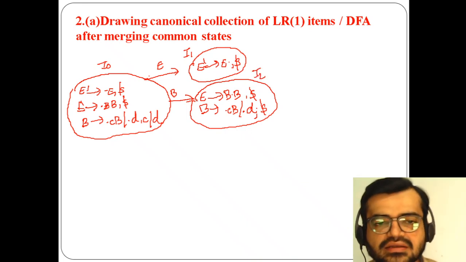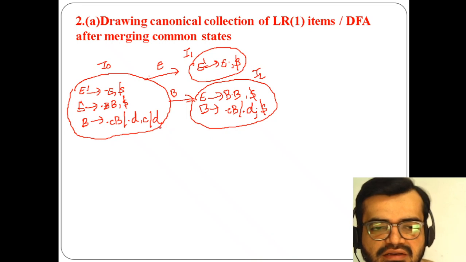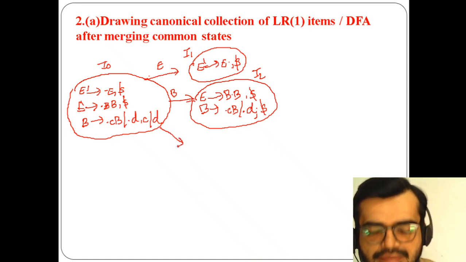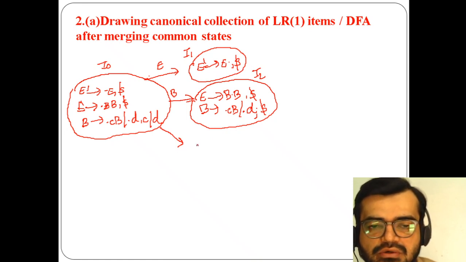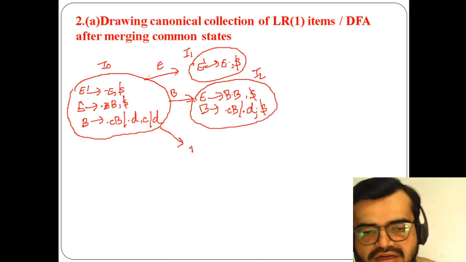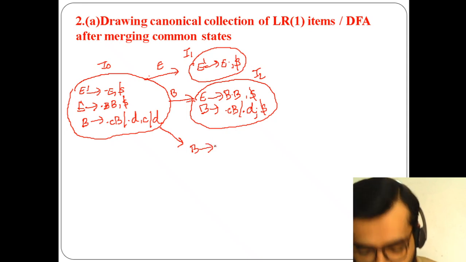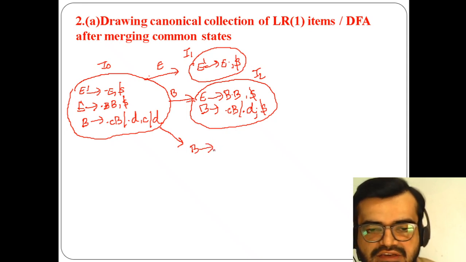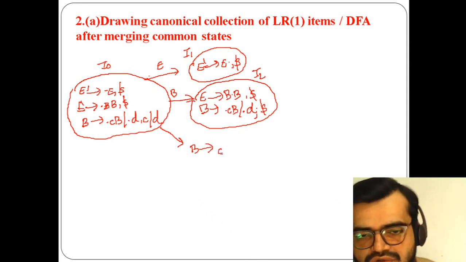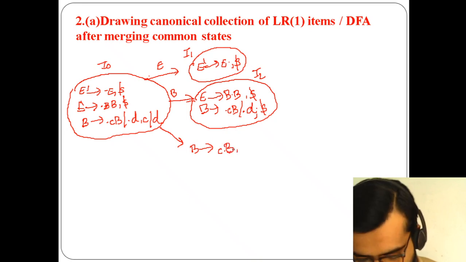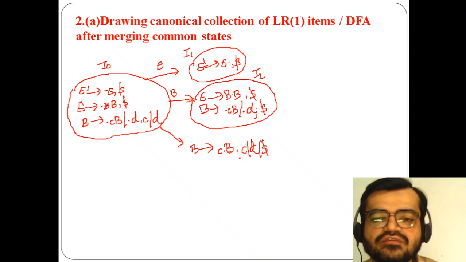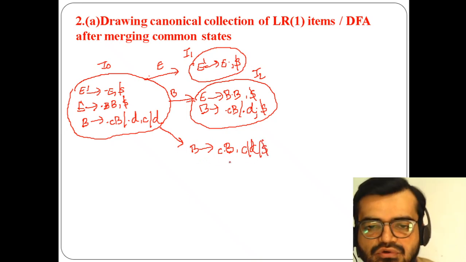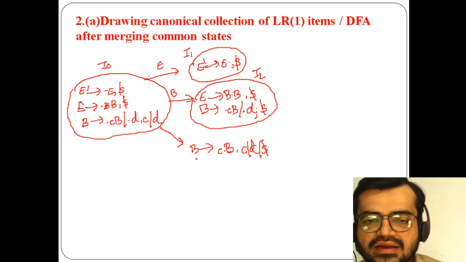Now here 3 is there, so I'm merging them, and I'm giving it as I36. What do we have to ignore? We have to ignore the lookahead symbols. In this state I have to use all the lookahead symbols, for 3 as well as 6. So I'm using C dot B, comma C or D, or dollar, because for both the states I have to take them, that's why I have to use 3 lookahead symbols.